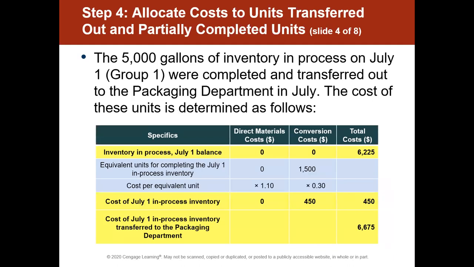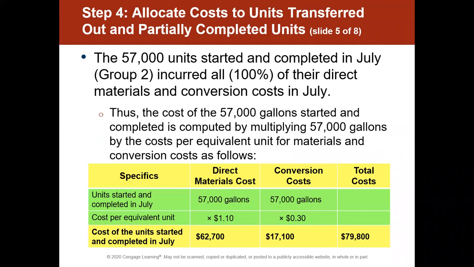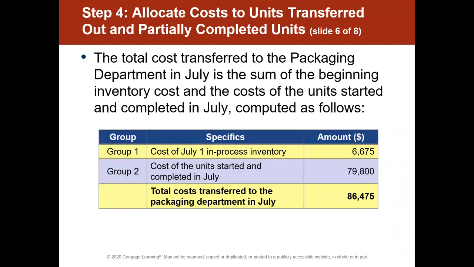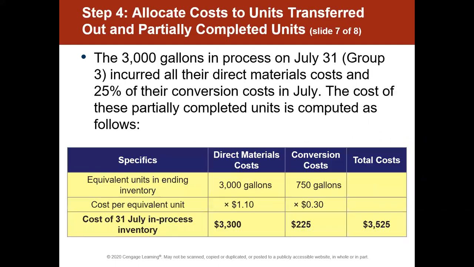So this is the stuff that we finished that had been started in the previous month. Then this is the stuff that we started and finished. And so this is the total cost of the stuff we transferred out to packaging, right? Group 1, the stuff that was already in process and we finished, plus the stuff we started and finished, total cost transferred out. And then finally, group 3, the 3,000 gallons in process,